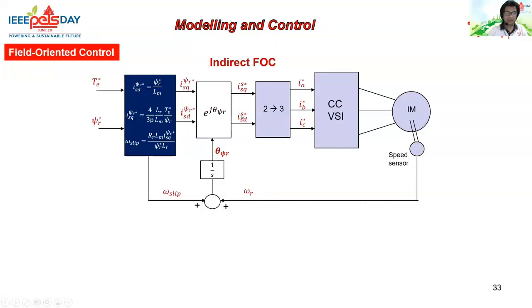As you can see, the structure here is a feed-forward structure. The direct FOC, on the other hand, which I'm not going to show, has a feedback structure, and this feed-forward structure here is very sensitive to parameter variations. Which is one of the main problems of the FOC. Now let's move on to the